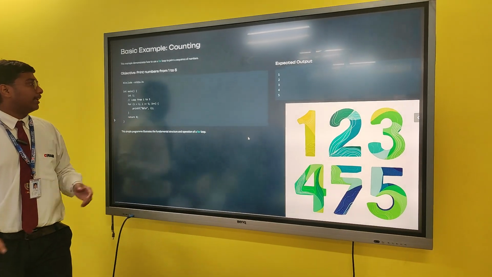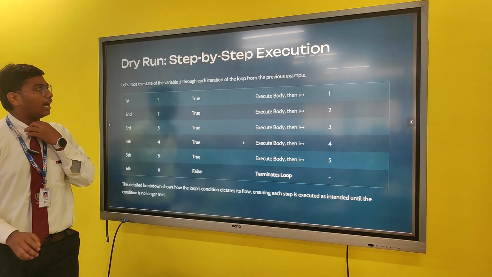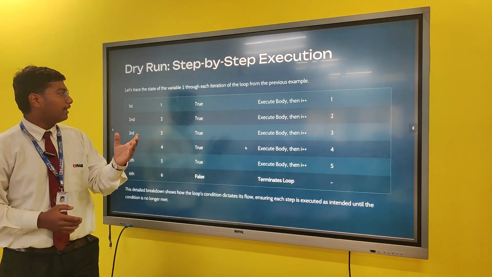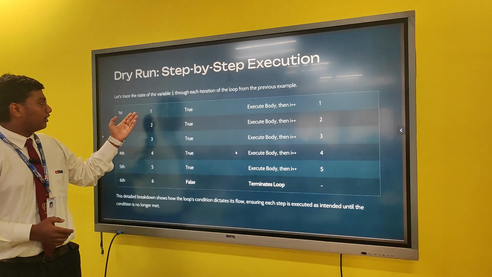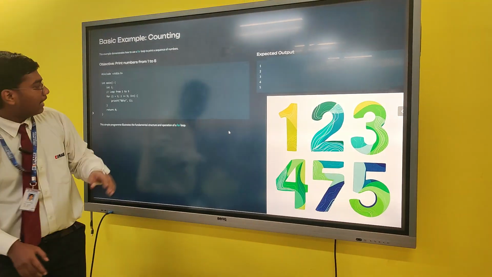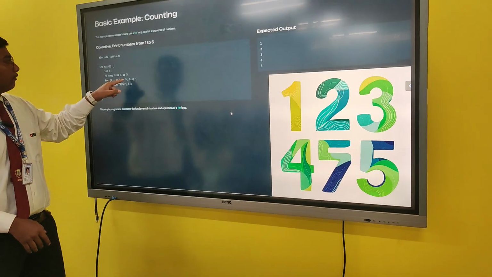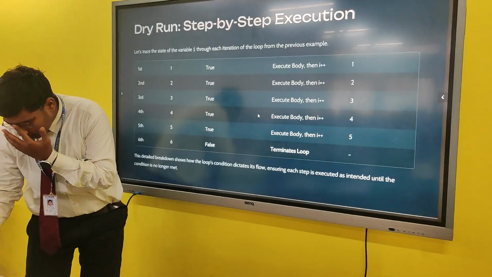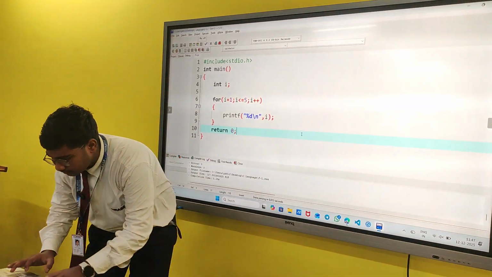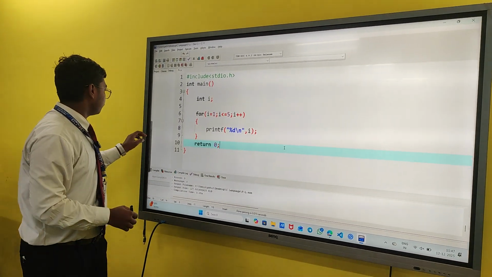Before going to Dev C++, let's dry run this. So here is the dry run process, how it works. First we will take a number. First the value of the variable i is 1. So the first value is 1. In the previous code I wrote i less than or equal to 5 and the increment part. So let's go to the program and do the dry run there.